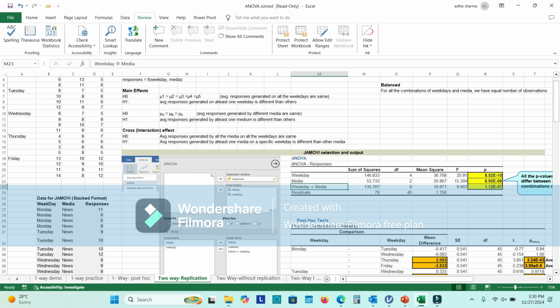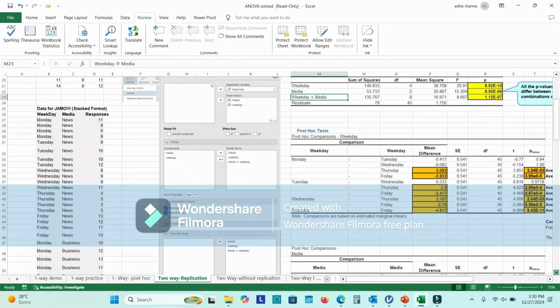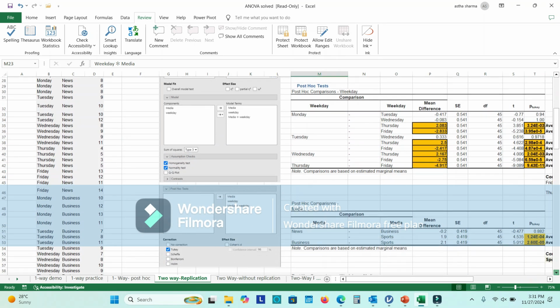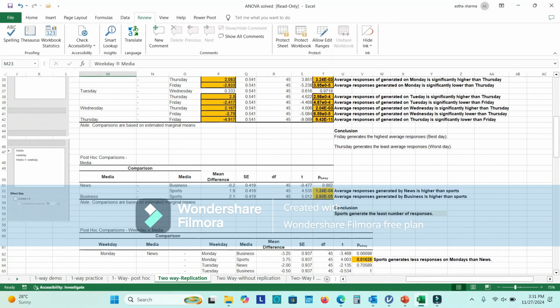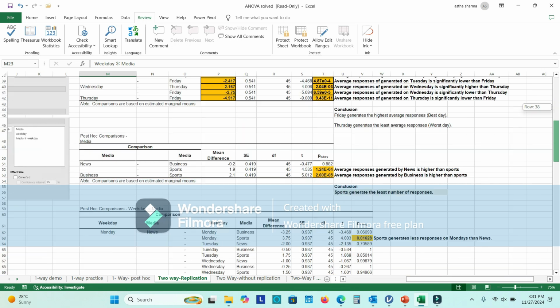When you do this, the components are given: media, weekday, and the media-weekday interaction here, with type 3 sum of squares, homogeneity, normality, post hoc test, and Tukey's test. Now let us go through this. So the data, if we check the normality first,